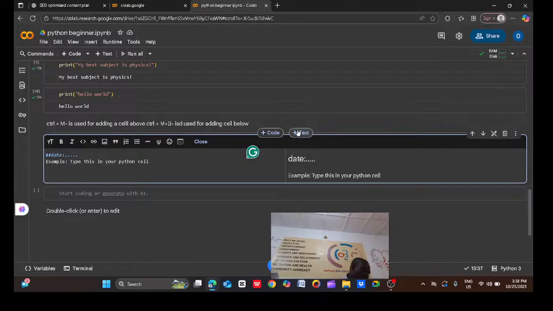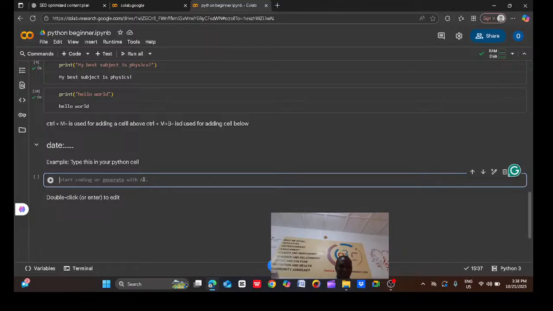How will you type it there? What are you to type? Don't forget that this is what is called a cell. From here to this long box is a cell. It's called a cell. So you have to type anything in that cell. Let's see how it's going to be. So let's say print, sorry,